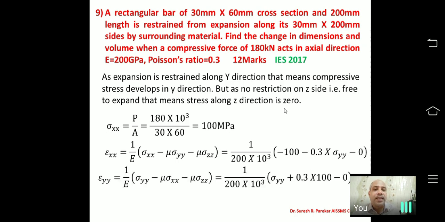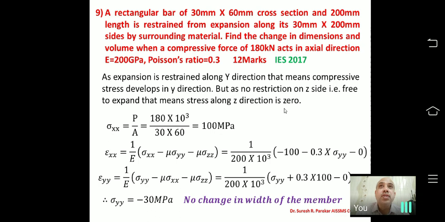So now epsilon yy. So we have again epsilon yy, in this sigma zz is 0, mu here is given as 0.3. So now we will go to sigma yy. There is no change in width of the member, which is considered as 60 millimeters. Now here epsilon yy we have 0. So substituting this epsilon yy as 0, I will get the value of sigma yy, because 200 into 10 raised to 3 goes on that side,